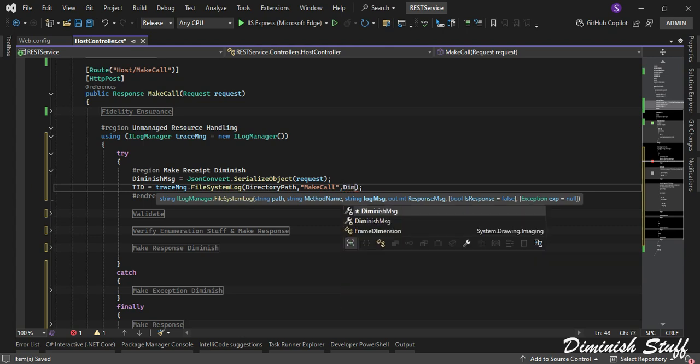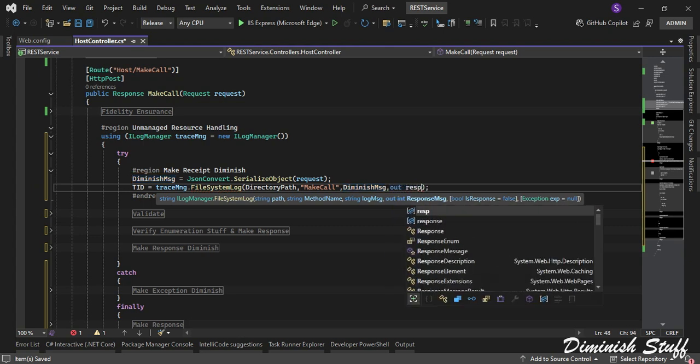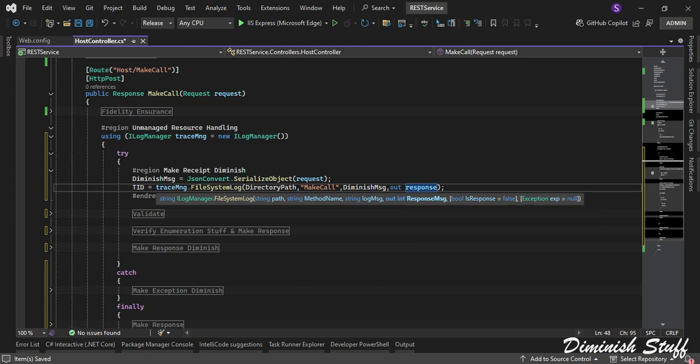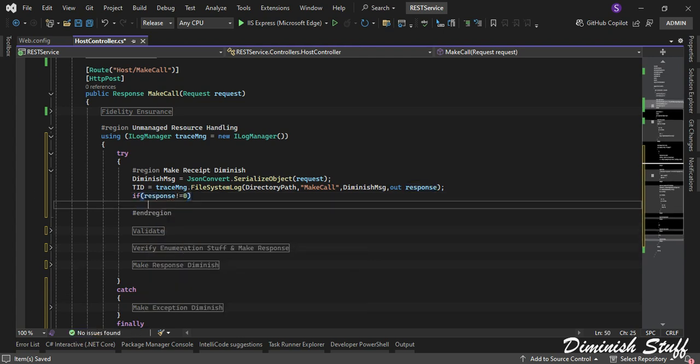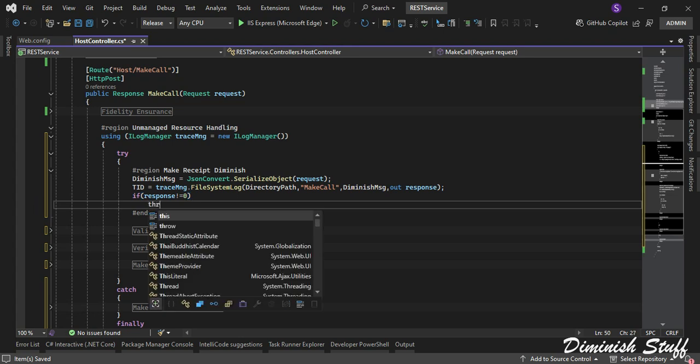So I will be just giving it the message to be written over there, and an output parameter is also required that we have instantiated already at local level. So that's pretty much it for TID response. We will be receiving the transaction ID, and if the response value is supposed to be 0, but if it is not 0, then what we are going to do is we are going to throw